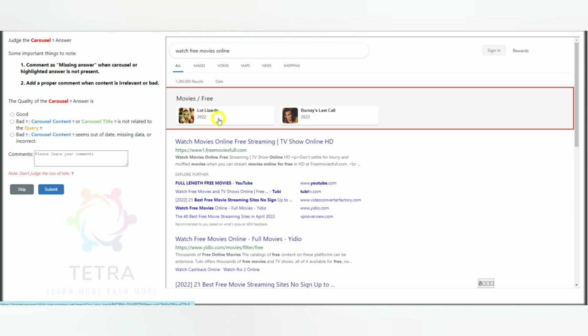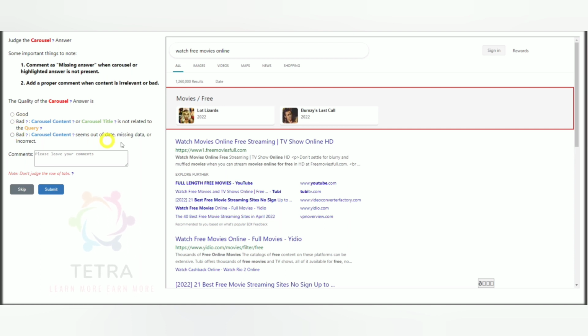This seems to be movies, but the quantity is very few. We can see the quantity is only 2. This is relevant, but with only 2 carousel items, it must be more than 4 or 5 for it to be good. So we cannot choose good, even though this is relevant, so we will not go for the second option.